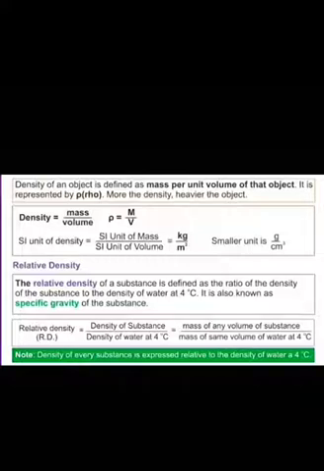We also studied about speed, distance and time, which you have already done in mathematics. Speed is equal to distance upon time. Distance is equal to speed into time, and time is equal to distance upon speed. The unit of time is seconds, distance is meter, and speed is meter per second. Sometimes they will give you in kilometer per hour. You need to convert that into meter per second, and then only you can solve the numerical. The conversion factor is you multiply by 5 by 18.